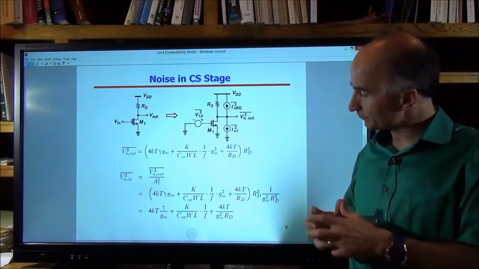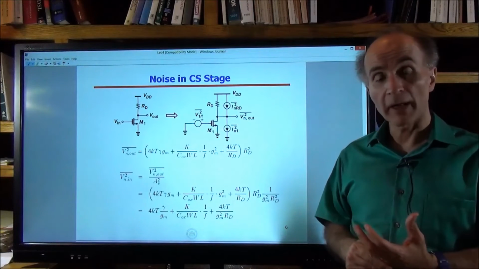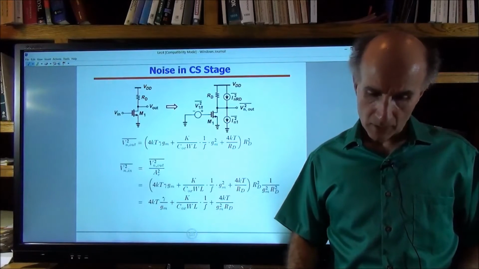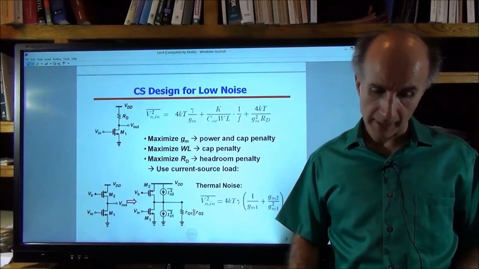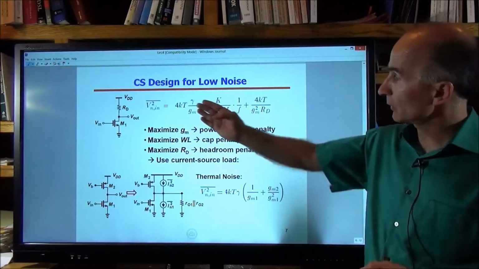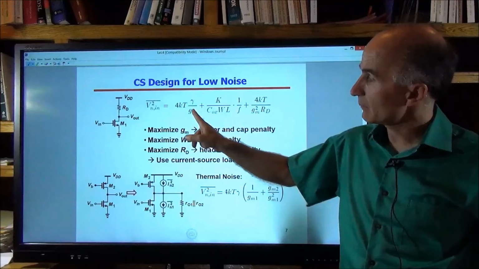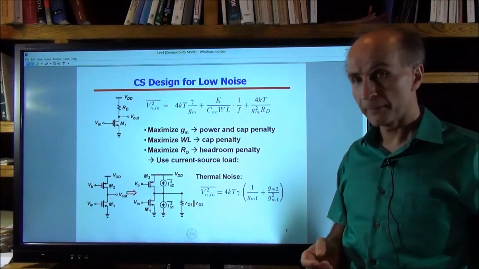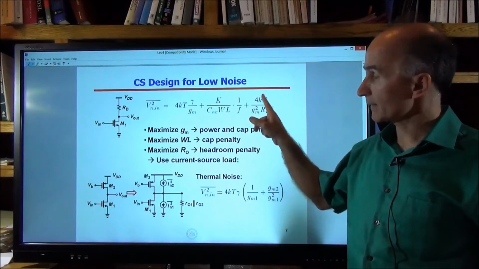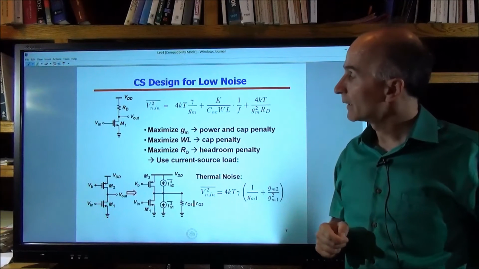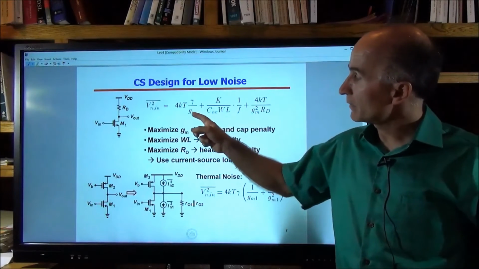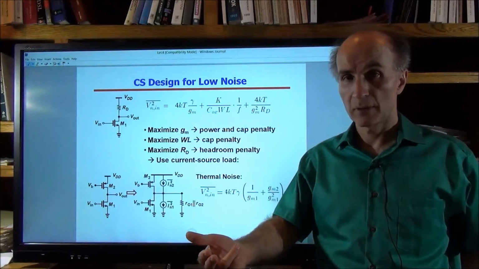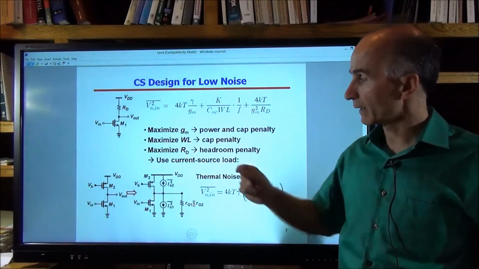All right, now from these we can also have some guidelines to minimize the noise of such a stage. So here are some general observations that we can make. Look at these terms. Of course, we want to maximize the Gm of the transistor for minimizing the thermal noise contribution. Interestingly, that also reduces this contribution, so that's great. For maximizing Gm, we have two possibilities: increase the bias current, which translates to a higher power consumption, or increase W